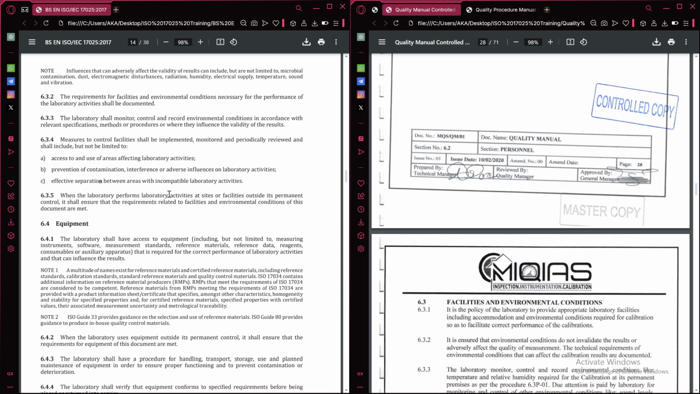When the laboratory performs laboratory activities at sites or facilities outside its permanent control, it shall ensure that the requirements related to facilities and environmental conditions of this document are met. Obviously, sometimes you might need to do the test outside your laboratory. So if you're outside your lab,